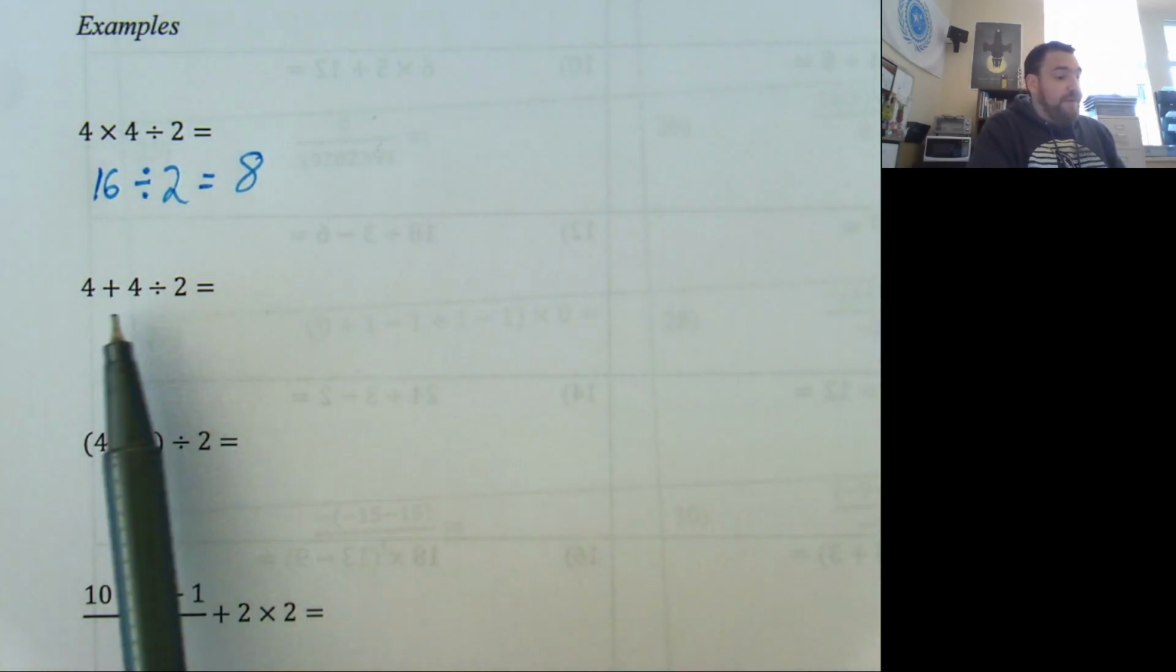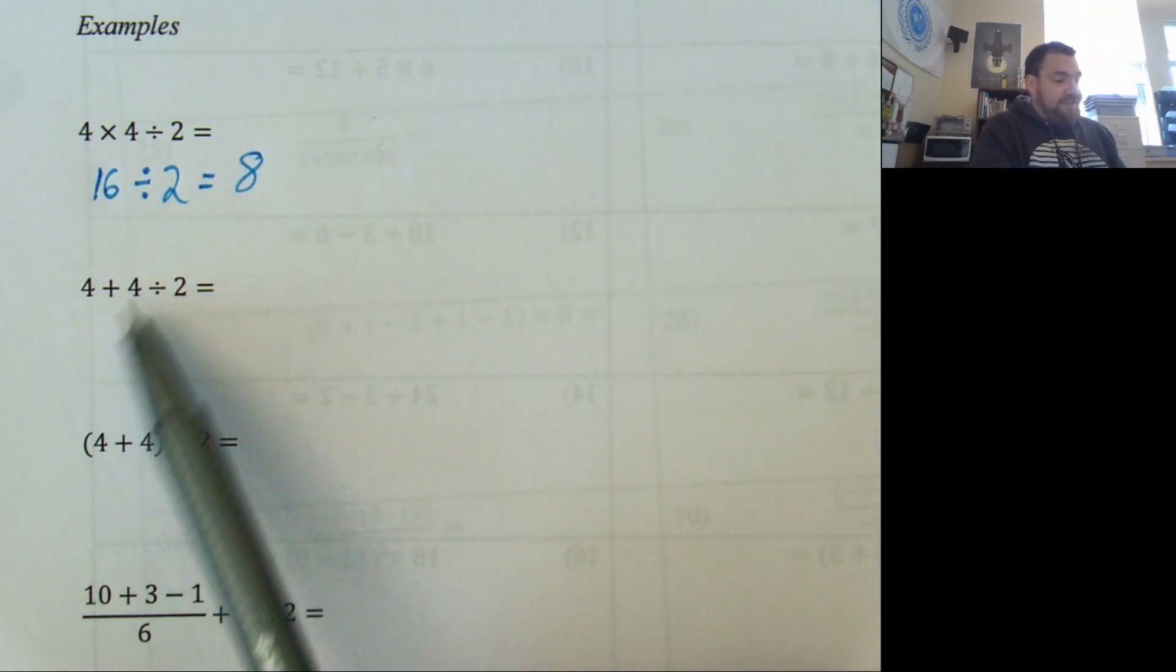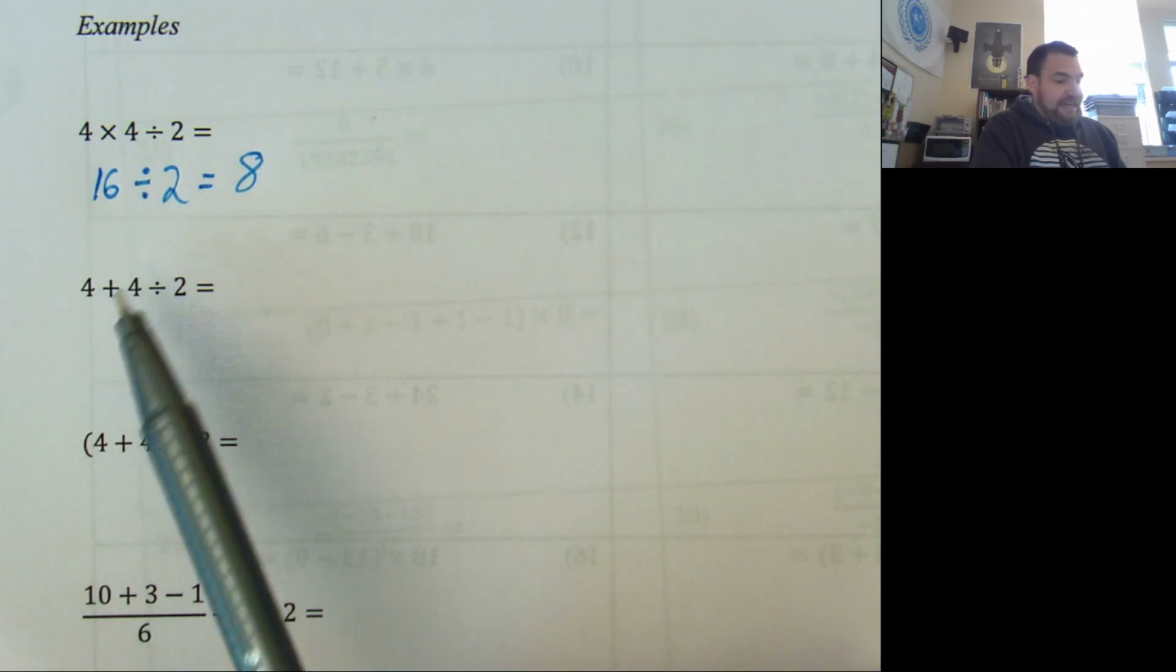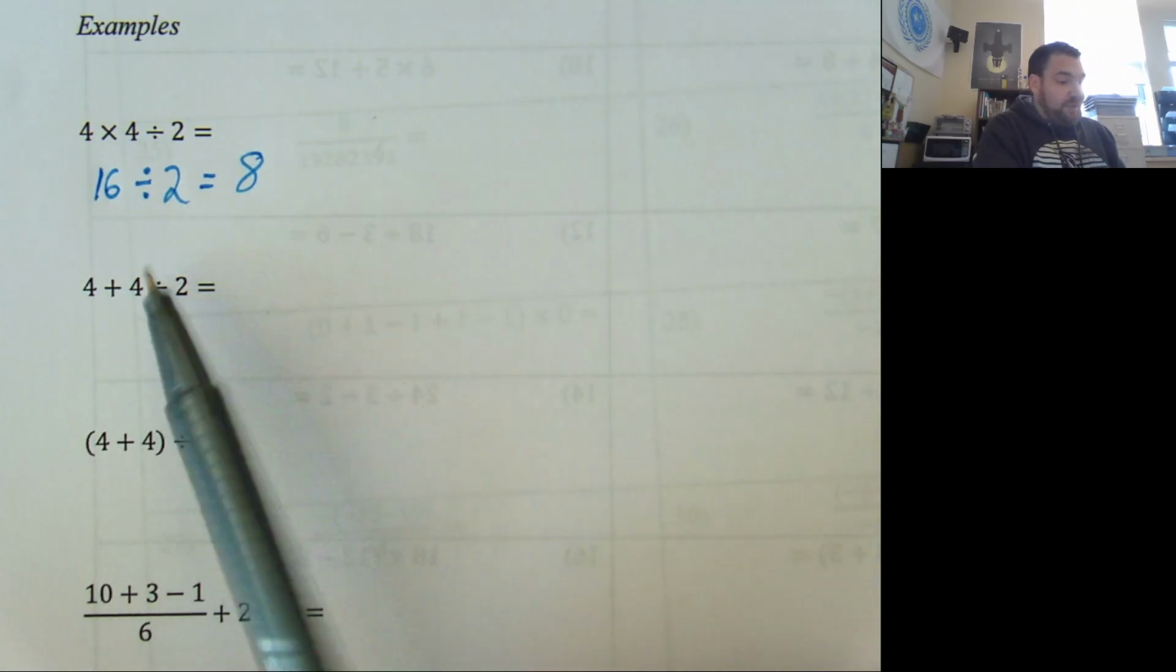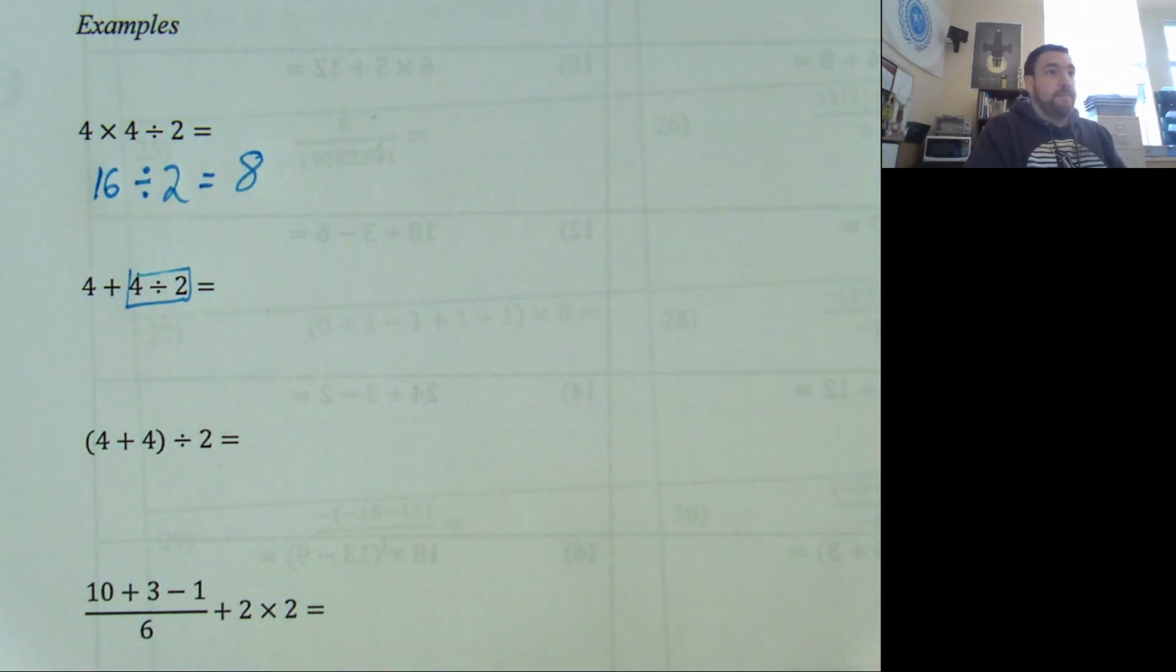This next one. What does BEDMAS say we do first in this next question? We do the division first. There are no brackets. There are no exponents. D and M come next. There is no multiplication. It's just division. So this needs to get dealt with first. 4 divided by 2 is